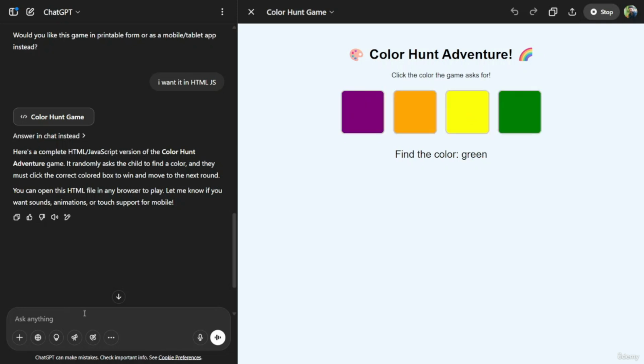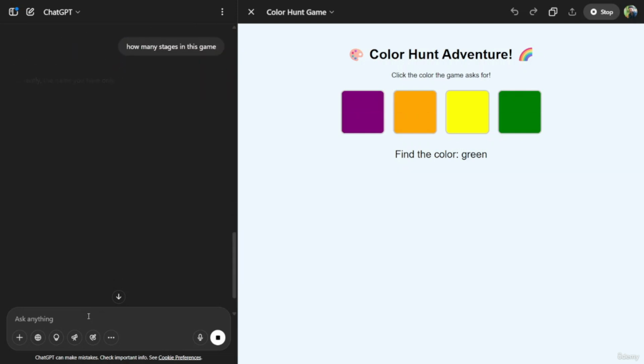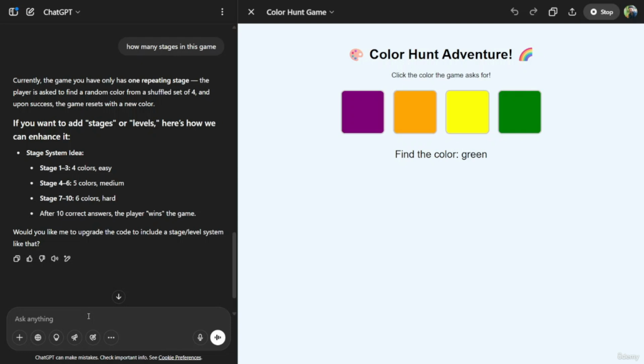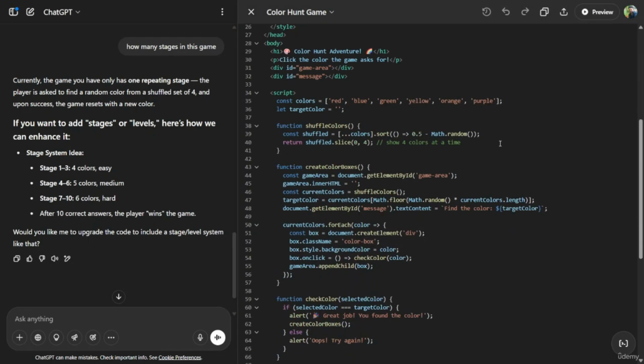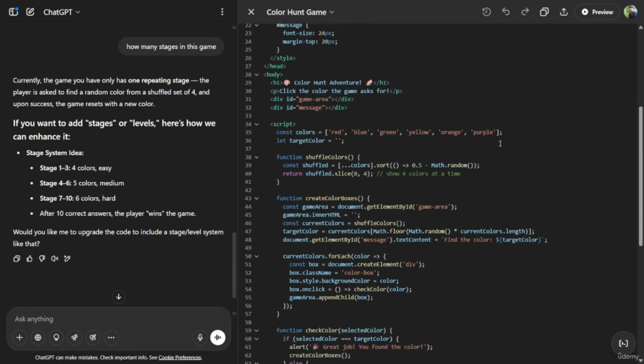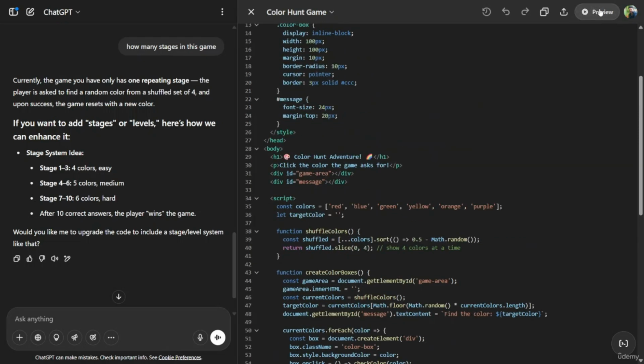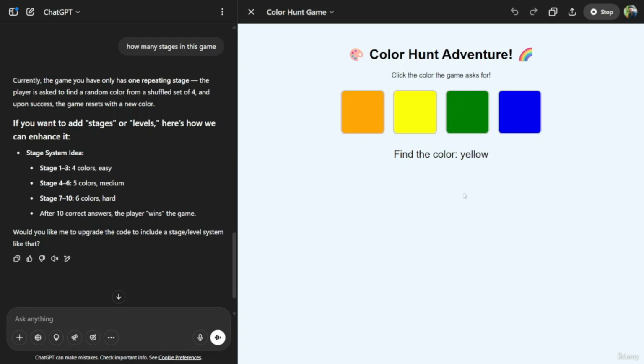So it seems it doesn't have a number of stages. So let me ask how many stages are in this game. Then it says it seems there are not enough stages. So let's look at the code. From the code, we can figure out if it will just keep going on or stop after some time. Let me try the game. Oh, I went for the wrong option. If it is asking for yellow and I click the wrong option, it doesn't show anything. Okay,